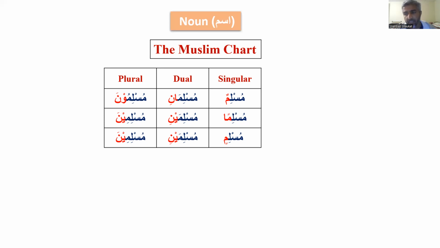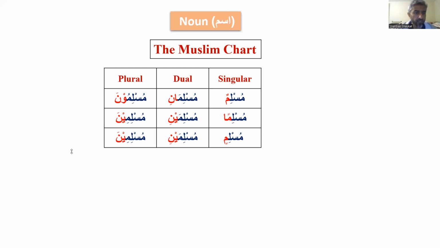Ayan, what is the second type of status? Nasab. So Rafa is the first type of status, and Nasab is the second type of status. And I go to Saad. Saad, what is the third type of status? I don't remember. Don't remember? All right. Okay. We go to Anusha then. Jar. All right.